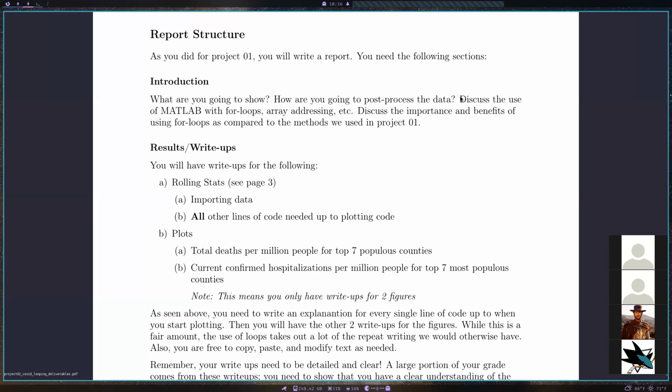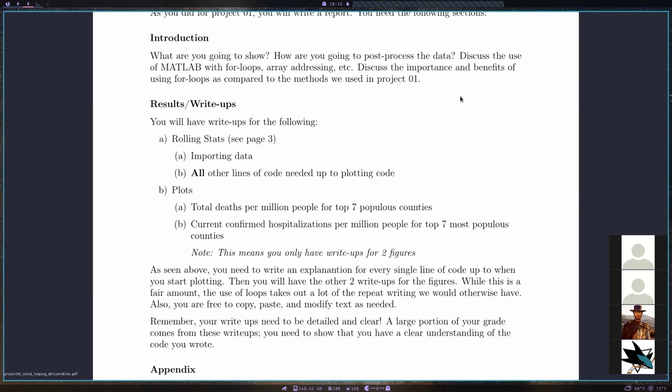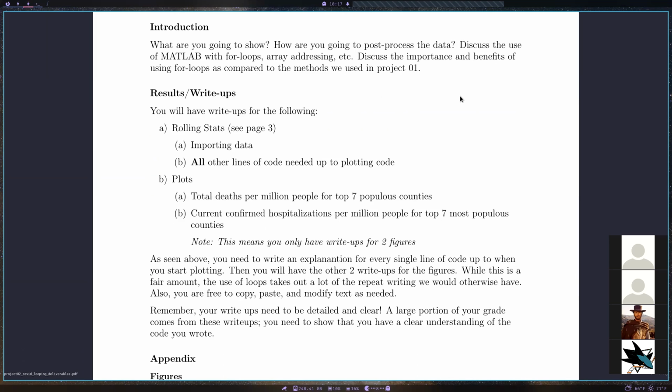Okay, so the report structure is going to be a little bit different on this project. We're going to have an introduction, just like we did for project 1. A little aside here: for your intro, you should pretend that you're talking to an audience in the scientific community at large. I know that sounds vague or cheesy, but pretend you're writing to the scientific community at large, or like a friend that's in a different class. You're reporting whatever data you're showing, so it should be a formal written document, but pretend that you're presenting this data to the scientific community at large. Tell them what you're going to show,